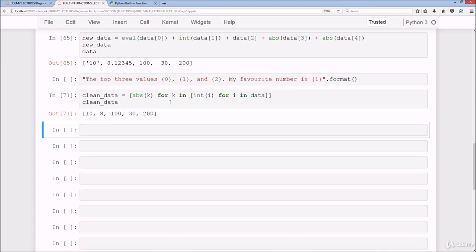There we go. Okay. And then what we want to do is some slice notation here. So we want to just have these 3 values. I want the 200 at the beginning, then 100, and then 30. So how do we go about doing that? Well, what we do is,